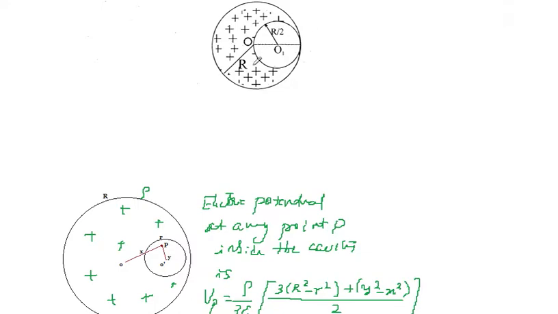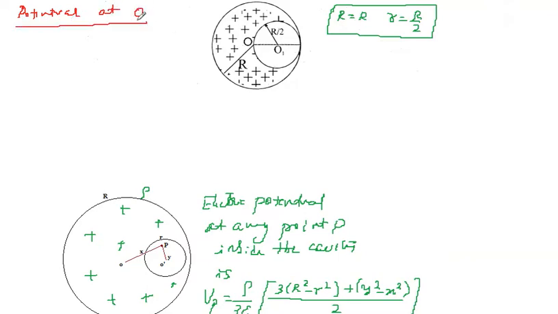What actually are the things? So now replace in this equation by certain things, so be careful. R itself is R capital. Small letter r is R divided by 2. This is one thing that we must keep in mind. And now we have to find the potential at O. So how do we find the potential at O? This is to be found first.